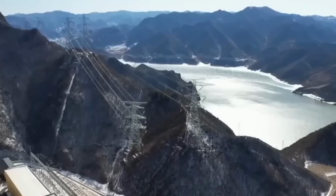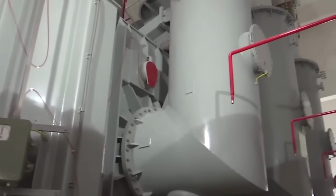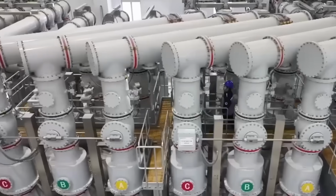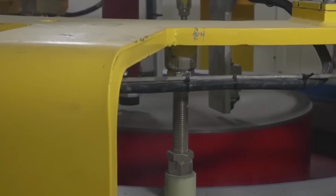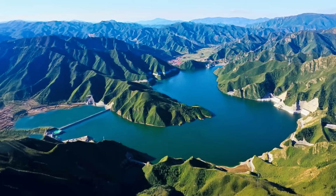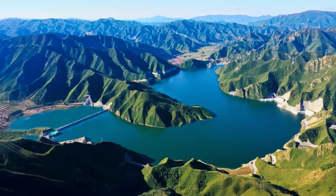It's a complex structure that, according to various estimates, cost China anywhere from $1.87 billion to $2.6 billion. That's a massive investment in an energy project. But was it worth it? Oh, absolutely. First off, it's worth mentioning that the Fengning Hydroelectric Power Plant became the largest pumped storage power station